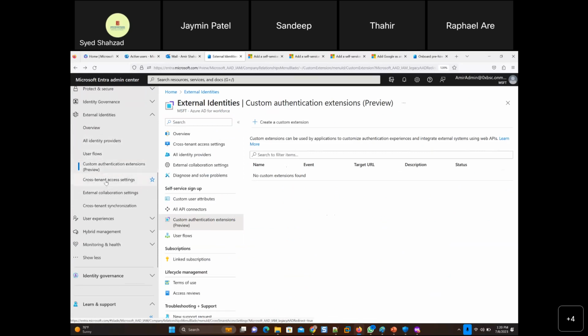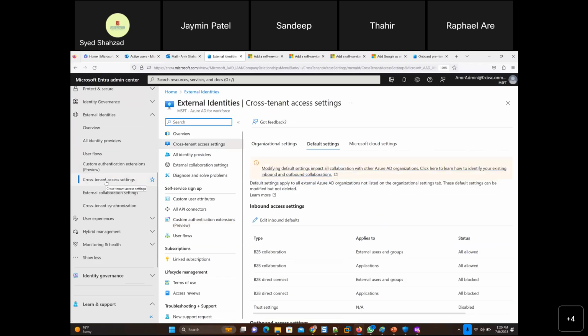And also cross-tenant access settings. That is a bit more advanced: modifying default settings impacts all collaboration with other Azure AD organizations. Suppose you have another company that also has M365, Microsoft 365, and an Azure tenant.